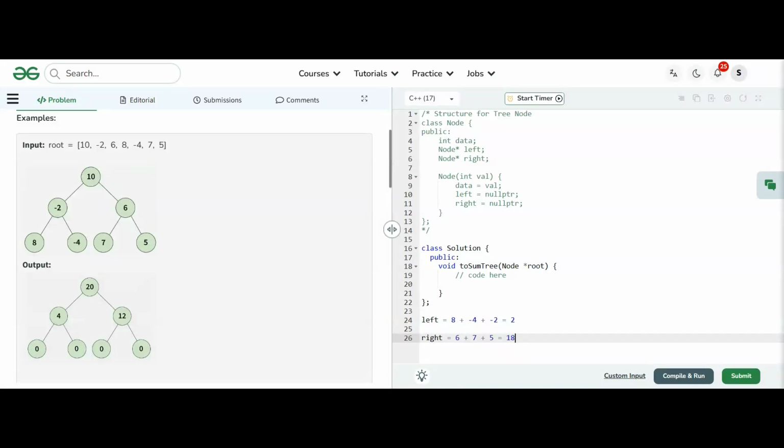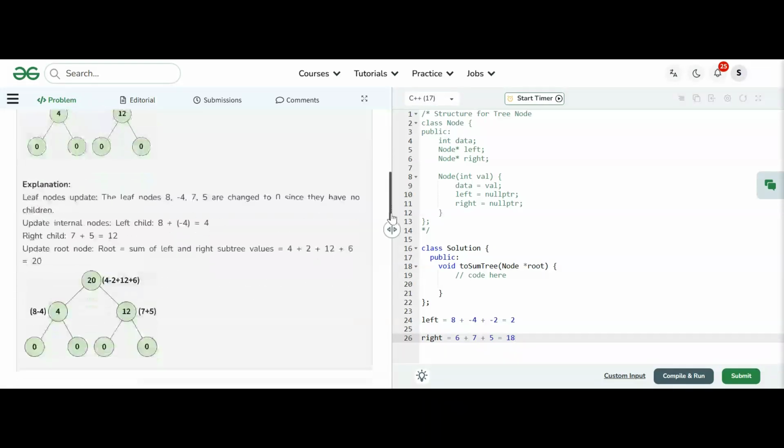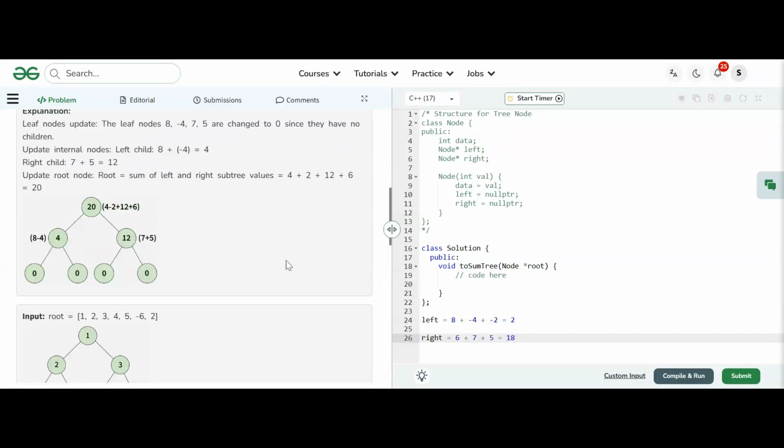So sitting here, the sum will be 2 plus 18, that is 20. So the value will be 20 here. That is mentioned in the example: 8 minus 4 is 4, here it is 12, and here it is 4 minus 2 plus 12 plus 6.